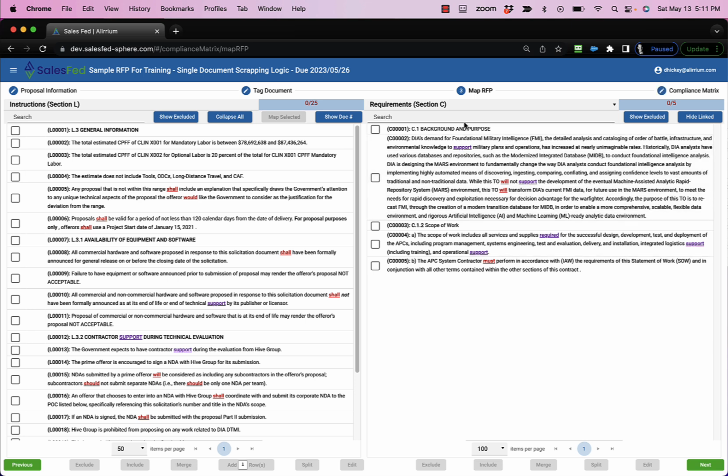So you'll notice that it scraped the first document within the queue first, and then it went to the second document and said, okay, do you have a section C? You do. Okay, I'm going to scrape that. I'm going to add it after the content from the first document. So if I were to go back